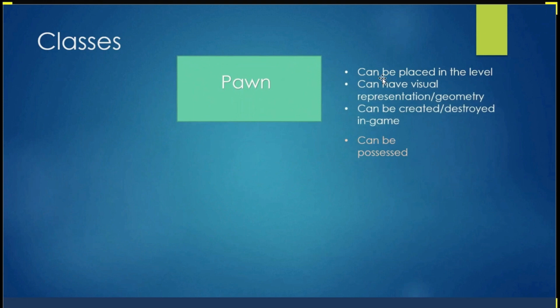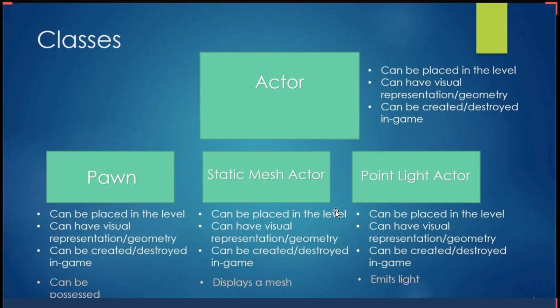It has mesh information. I'll just go back, just pointing out a bit more. A static mesh has geometry information, and we will get into what meshes are and how to use them in the game. And this is different from the point light actor, which has the capability of emitting light, shining light into the world. So while all of these inherit some features of the actor, they also have their own unique features as well.